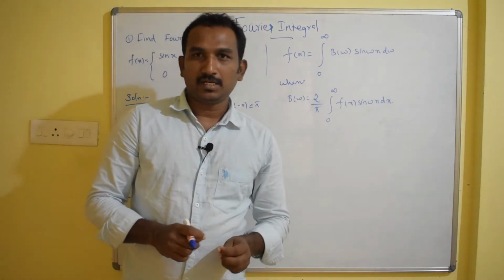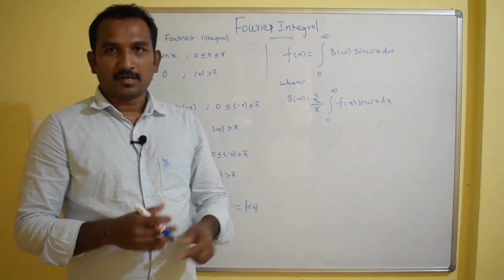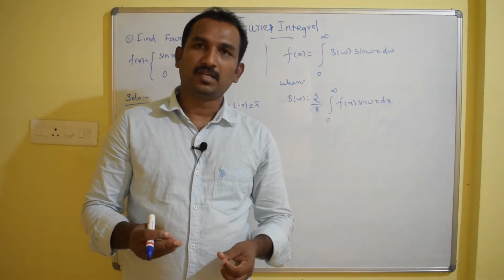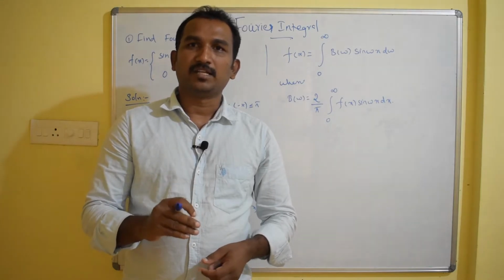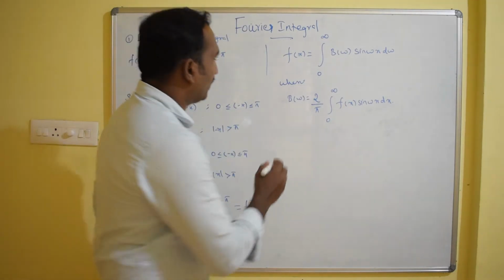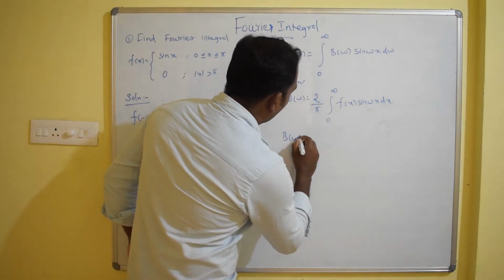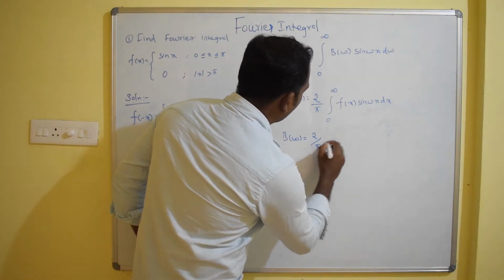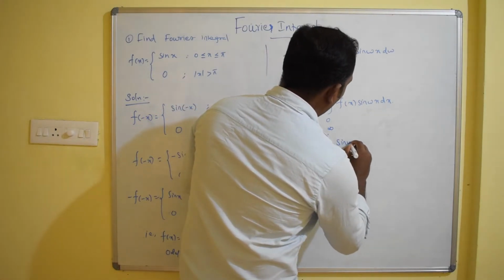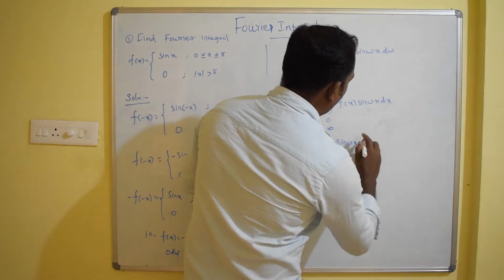And here we need to use some formulas like cos of a plus b, cos of a minus b, then sin a plus b, sin a minus b. All these formulas we can combine, then we can find this value, that is b of omega is equal to 2 by pi integral 0 to infinity sin omega x